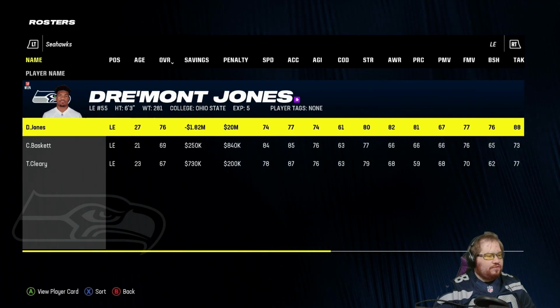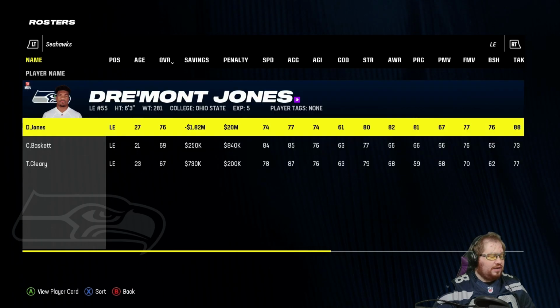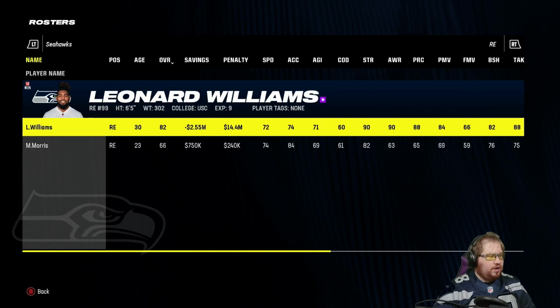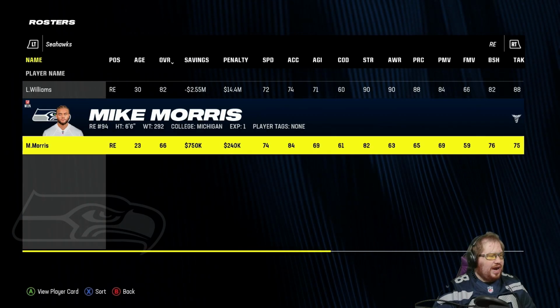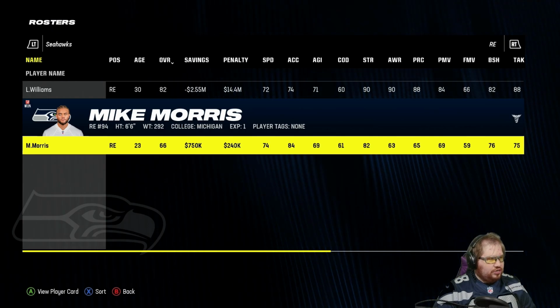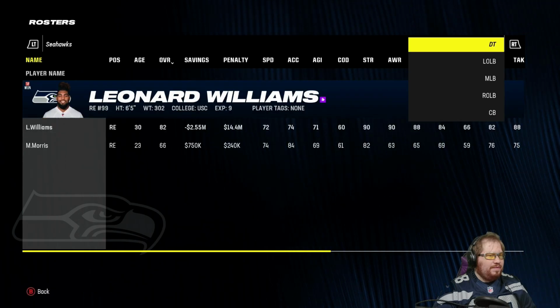Left end, though, we have Dremont Jones. That's okay. Got Chris Braswell, who has the future starter tag, as well as Ty Cleary. So I think we're okay at the position. Right end, Leonard Williams, we re-signed him. That's our big guy. We got Mike Morris as well, who's injured, but, you know, that's at least depth. And Mike Morris, I mean, we might actually...